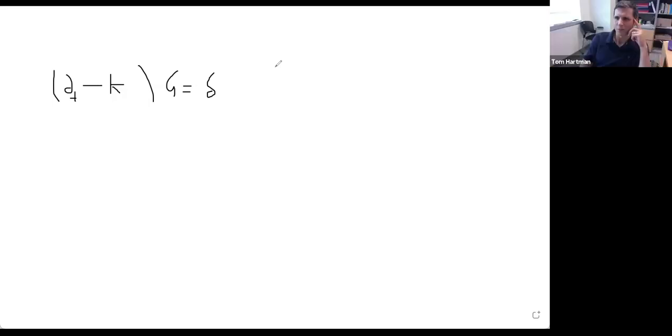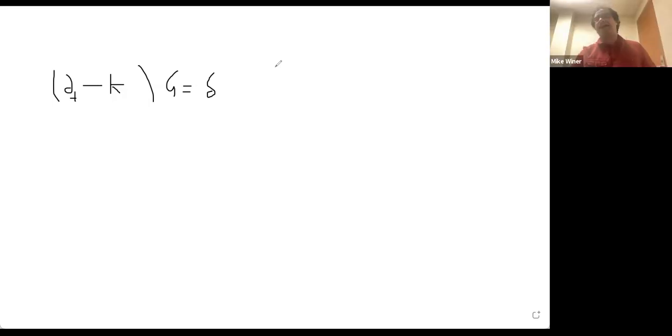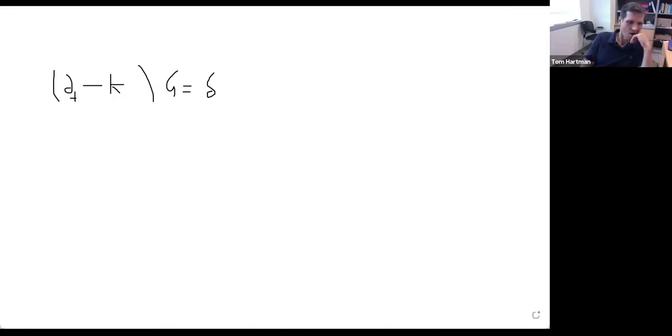Okay, it's basically a sum over images. You're finding the Green's function. Yeah. Sum over images is a good way. Okay, thanks. Yeah, it's just a trick to evaluate the